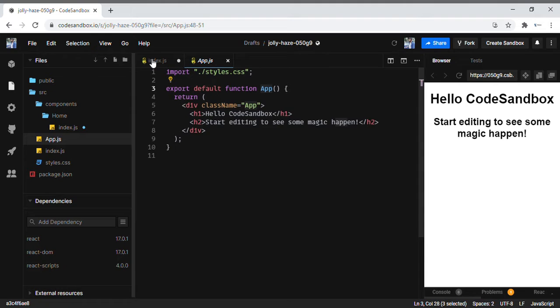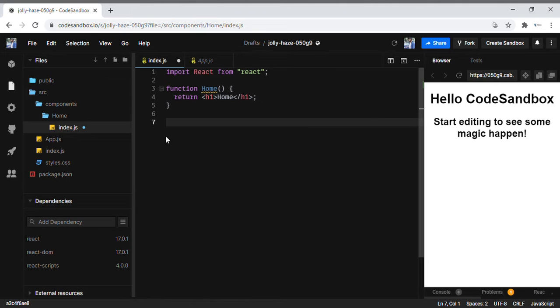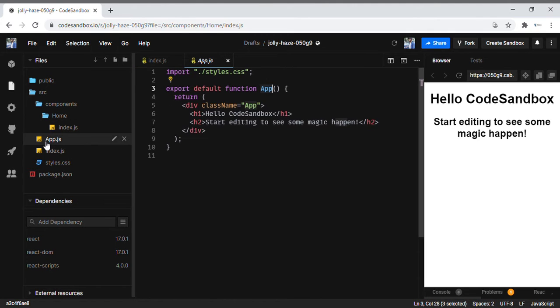For that I am going to export the Home component, because only when you export it can you use that component wherever you want. I have created a folder called components, and in this I'm going to create multiple reusable components and use them in the main component, which is app.js.